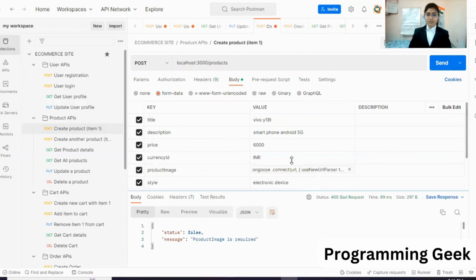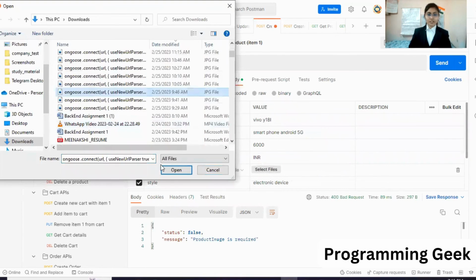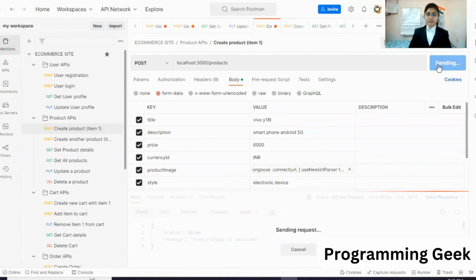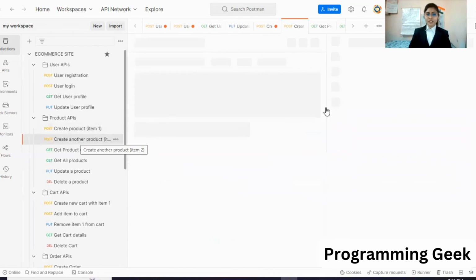We can add the image of the product. First, I have to check the product image here. The product is created. Then we can add different products here. Then we can fetch the data of the product by using the get API.